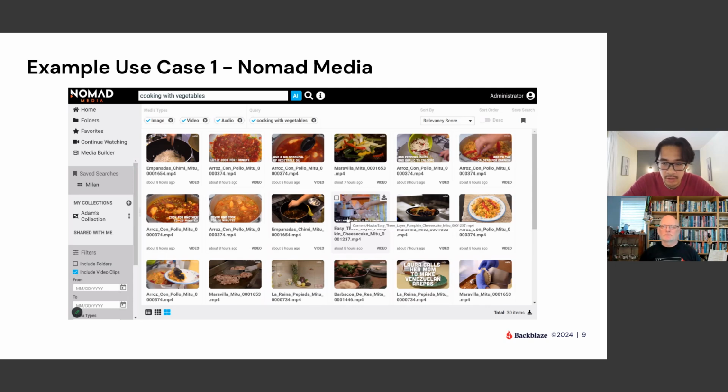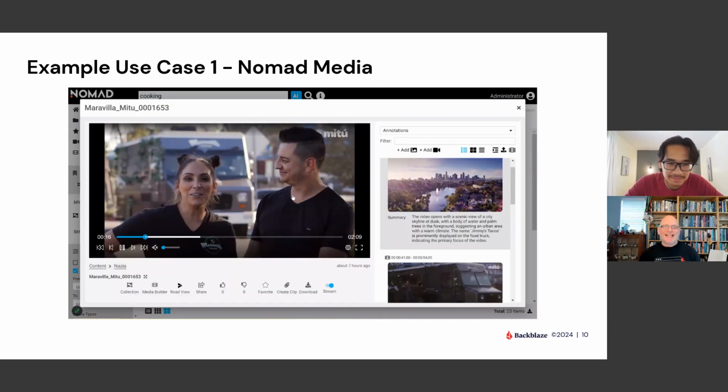And you can even get more granular. So here you type in cooking with vegetable, so it's only going to return the search output that has vegetables in it. I see here looks like there's beans and different types of veggies, tomatoes, potato. I think he's doing some sort of curry. So that's the ability of a powerful AI model. You can get very granular. Yeah, and I actually did that in the demo app, and I have to say, it is shockingly easy to get it working. Yep.